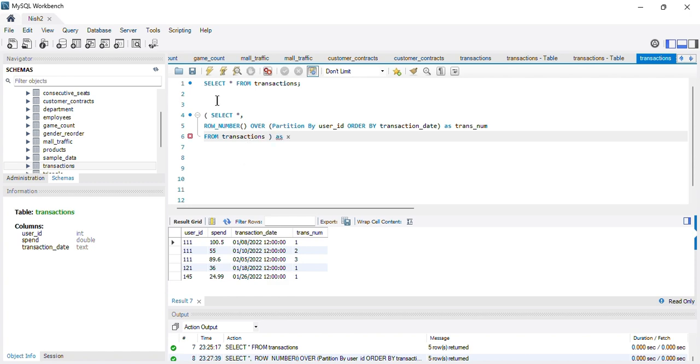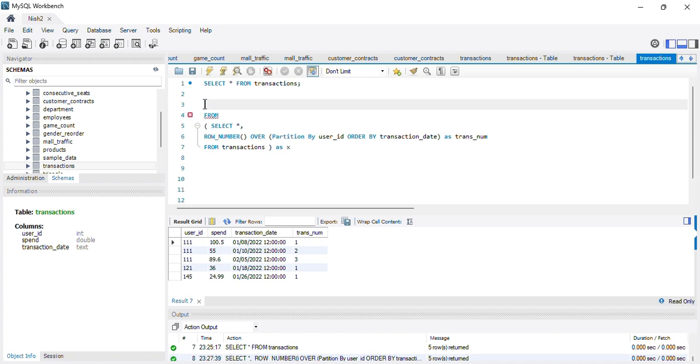So from this table, from x, I just want to retrieve my columns, that is the user ID, the spent, and the transaction date, because these are the only columns I want in my output. I don't want this column in my output, so that's why I made this a table from which we retrieve our records.